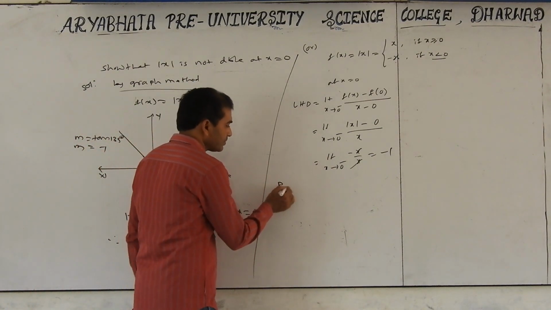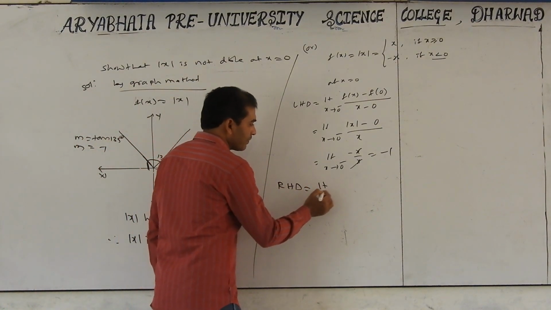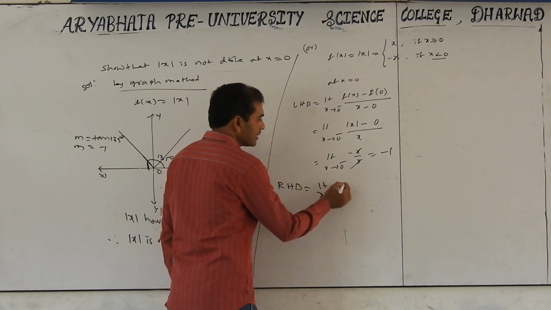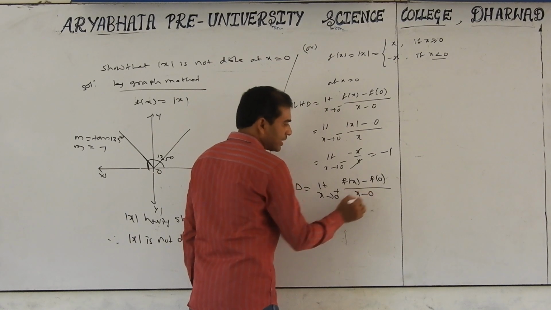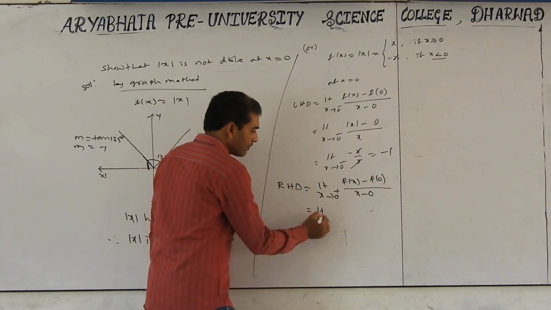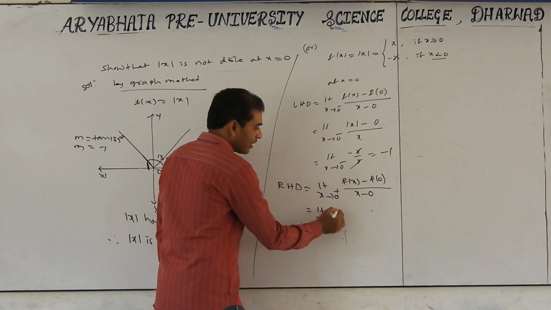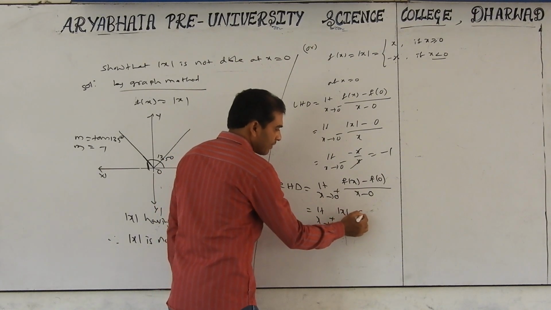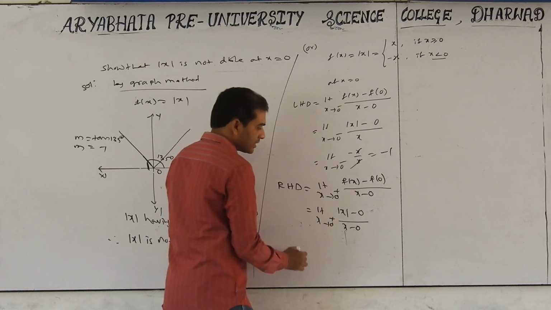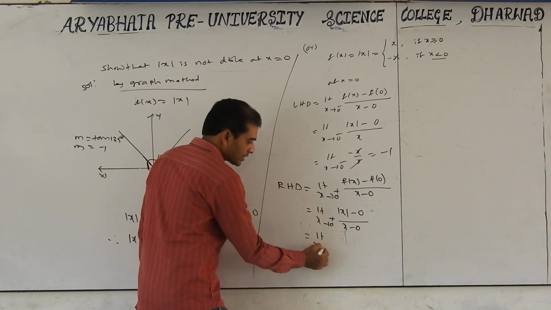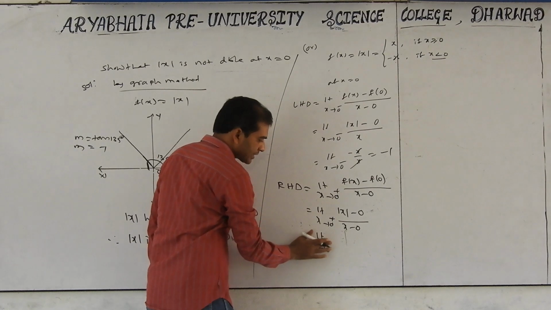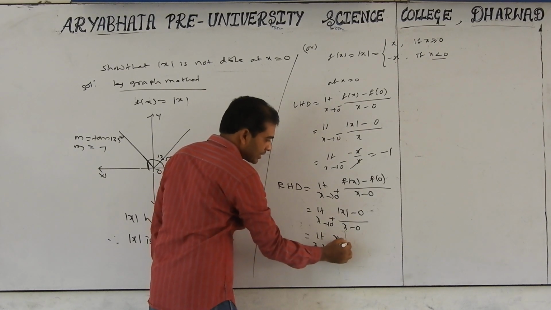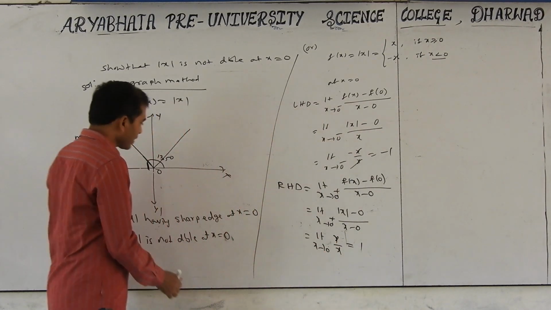Next, RHD. Limit of x tends to 0 plus of f of x minus f of 0 by x minus 0. Here f of x is mod x and f of 0 is 0, by x minus 0. For x above 0, mod x is x. So x by x, cancel, and we get 1. So the right hand